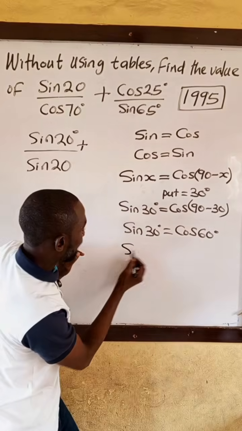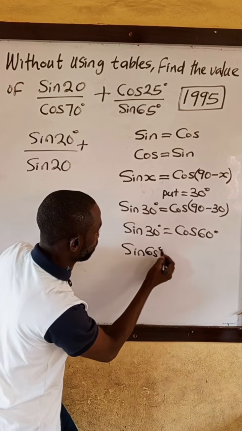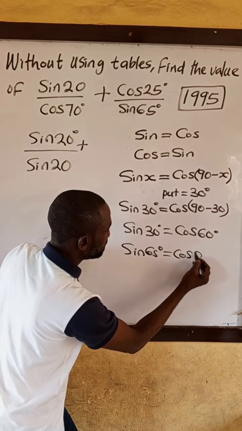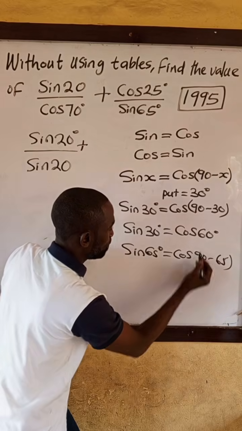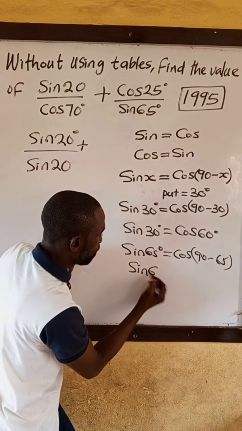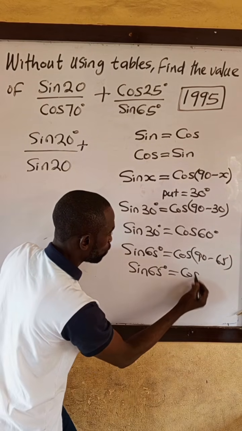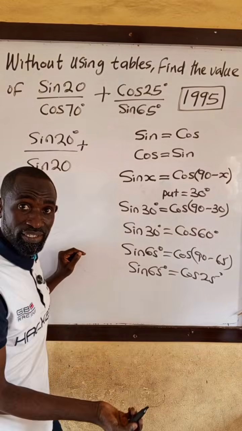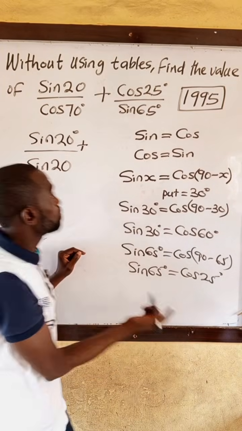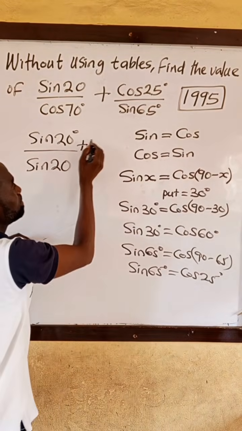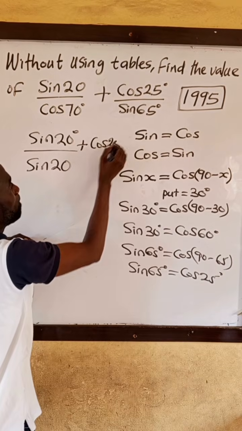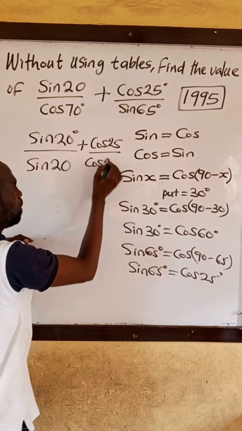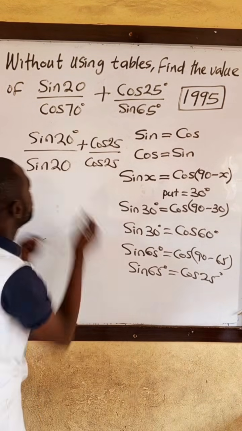Let us go. Sin of 65 will be equal to cos of 90 minus 65. So it means our sin 65 will give us cos of 25 degrees, using the idea of complementary angles. So I can say they are the same thing. So cos 25 over cos 25, they are the same thing. So sin